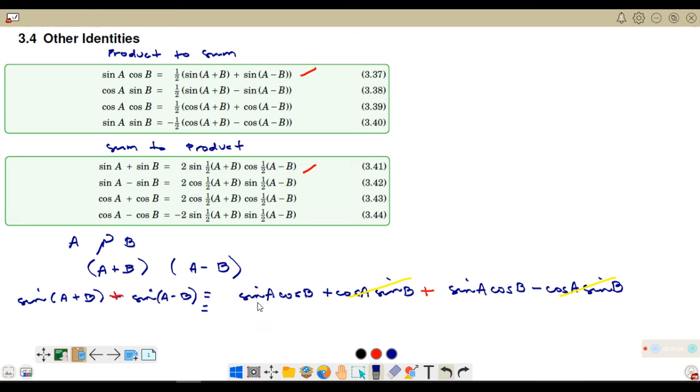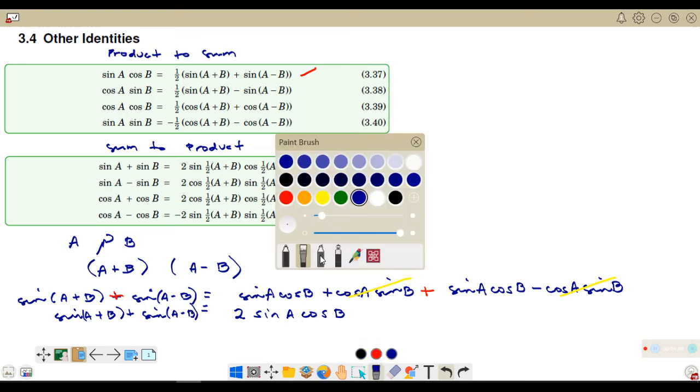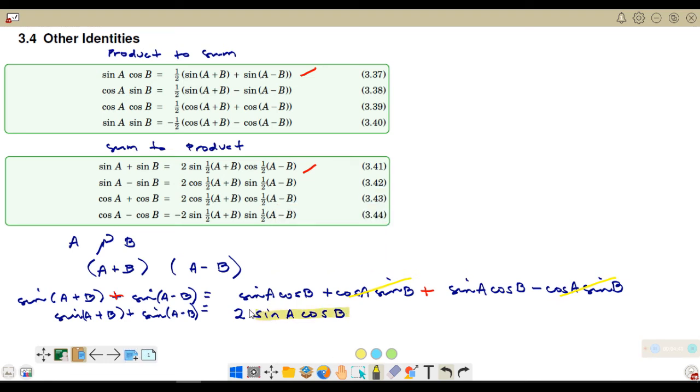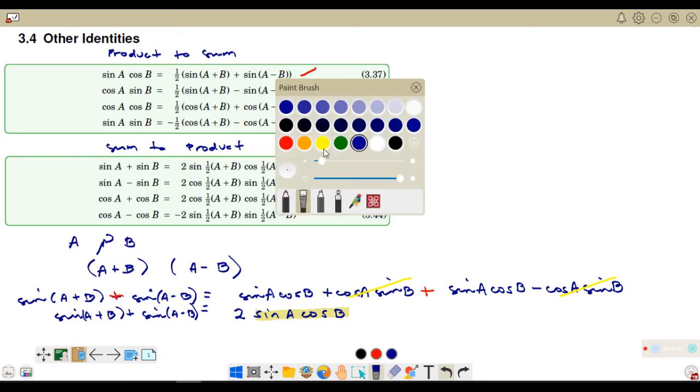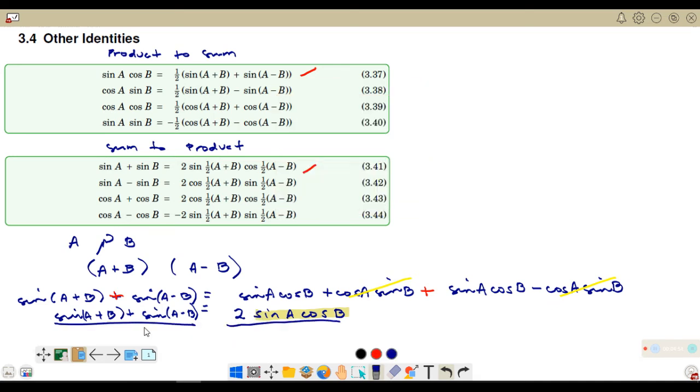Let's continue. We have sine A, cosine B na positive at isa pang sine A, cosine B na positive din. So, overall, we have 2 sine A cosine B. Okay? And this is all equal to sine A plus B plus sine A minus B. Now, if we only want to get the value of sine A cosine B, we have to get rid of 2. How are we going to do that? So, apply multiplication property of equality and divide both sides by 2. Doing so, you will end up with